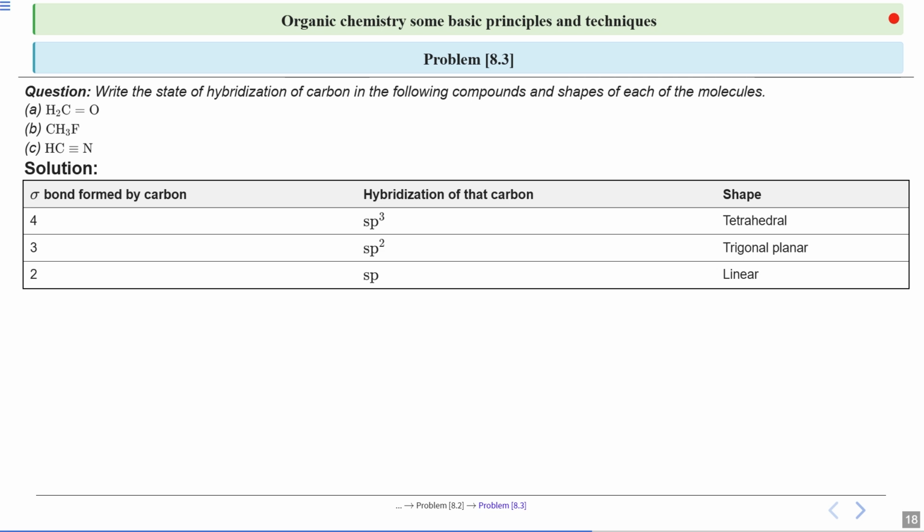If it has 4 sigma bonds, it is sp3 hybridized and it will have a tetrahedral shape. Then if the number of sigma bonds is 3, the hybridization will be sp2 and the shape will be trigonal planar. Whereas if there are 2 sigma bonds, the hybridization will be sp and the shape will be linear. If this table is true, then we can finally calculate the hybridization as well as the shape for each of